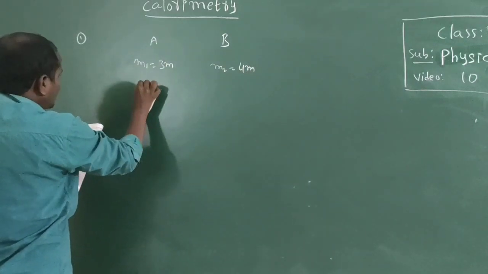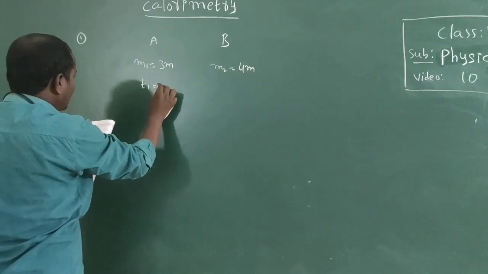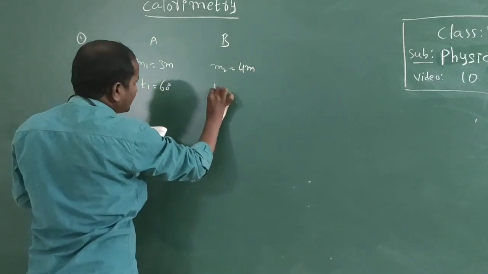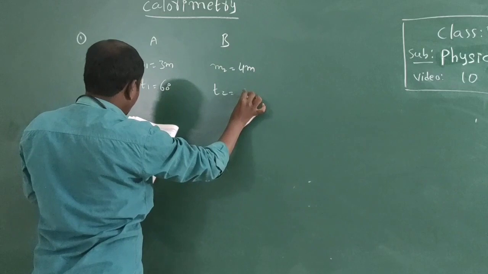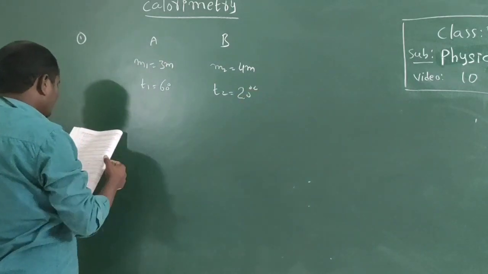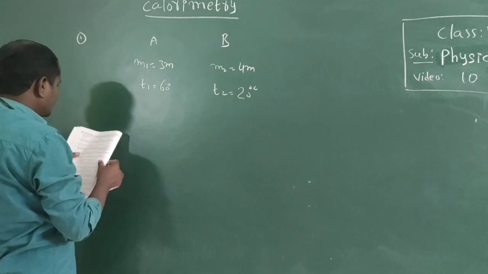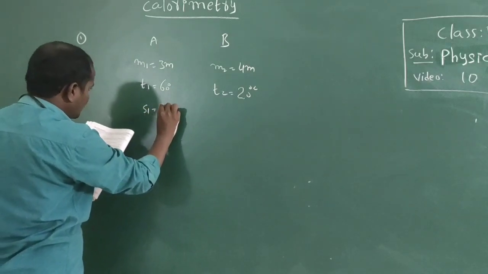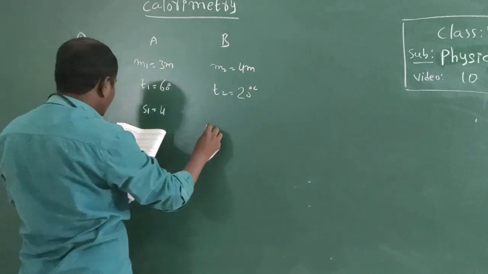The temperature of the first liquid is 60 degrees Celsius. The temperature of the second liquid is 20 degrees Celsius. The specific heat capacity of the first liquid is 4,